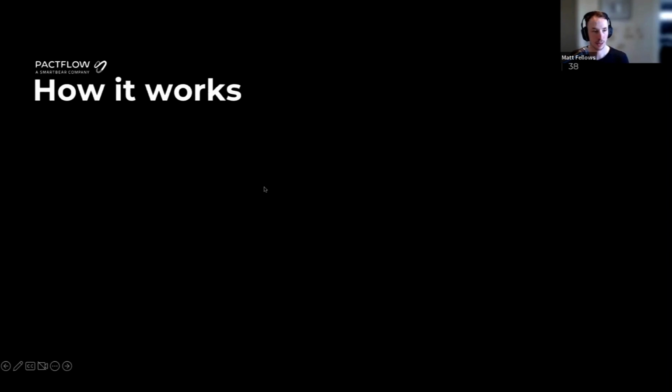So let's have a talk about how this actually works now. We're zooming right in now into the contract testing phases of that workflow that we talked about before. The thing about bidirectional contract testing is it actually has two separate contracts. We have a contract for our consumer and a contract for our provider. And we're going to work through this now. Just note that you can start this whole process from the consumer side or from the provider side. It doesn't matter. Both the consumer pipeline and provider pipeline are still going to be completely separate. This diagram is just going to help show how it would all work together.